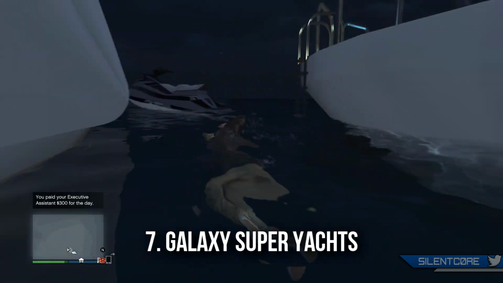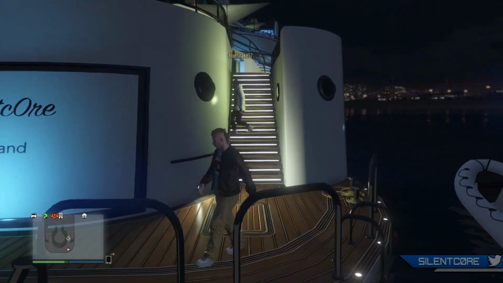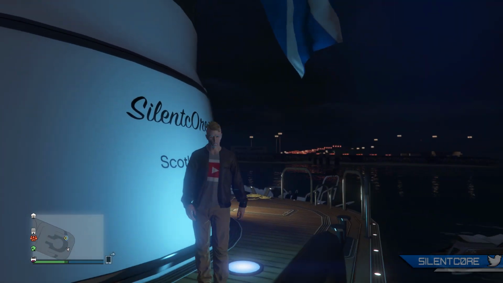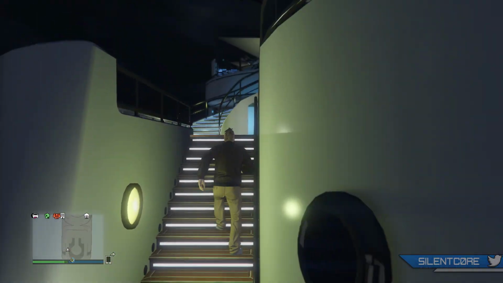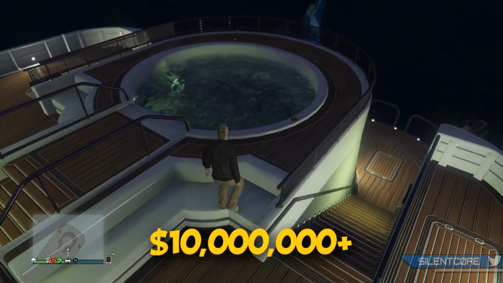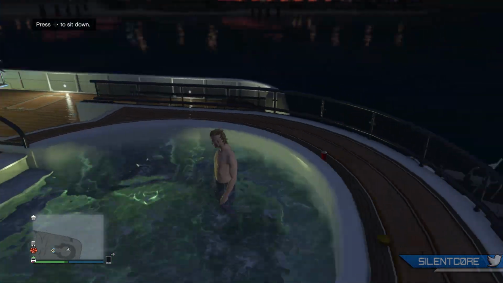At the number 7 spot are the Galaxy Super Yachts, and I wasn't sure if I should class these as a vehicle since you can't technically drive them. However, they are a boat, so I thought I'd add them to this list. These were added with the Executives and Other Criminals update and can range between 6 to 8 million just for the base cost of the yacht, and including customization it can easily add up to over 10 million. Now I'll be honest with you guys, I did buy a yacht when they were on sale